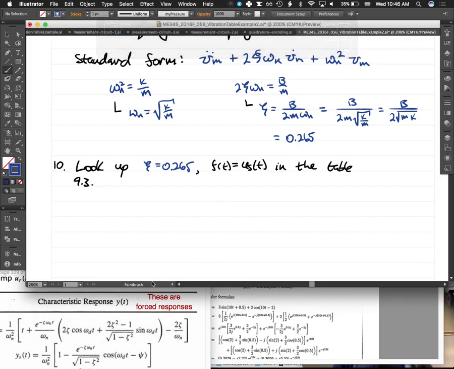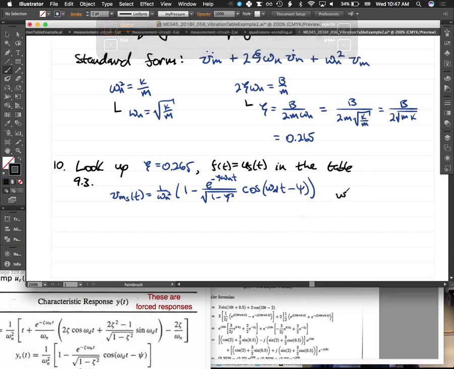Okay, so our Vms of t is equal to, reading off the table, 1 over omega n squared times 1 minus e, so there's going to be this fraction, right? e to the minus zeta omega n t divided by root 1 minus zeta squared, all that times cosine omega d, which we haven't defined in this problem but is always defined in this table to be